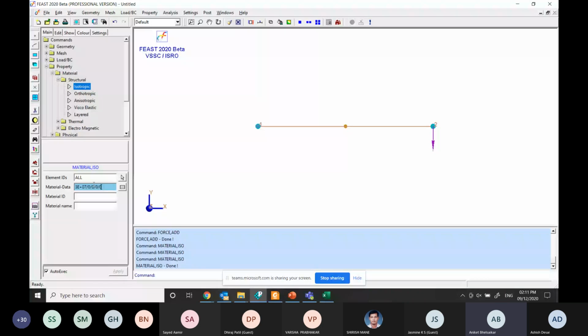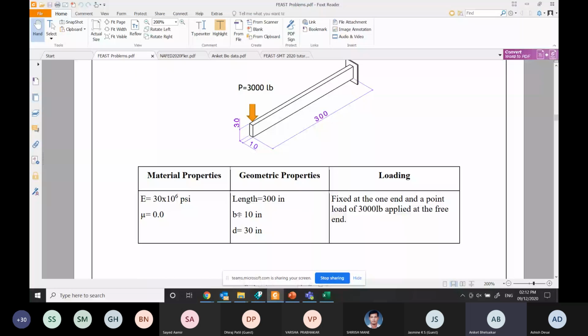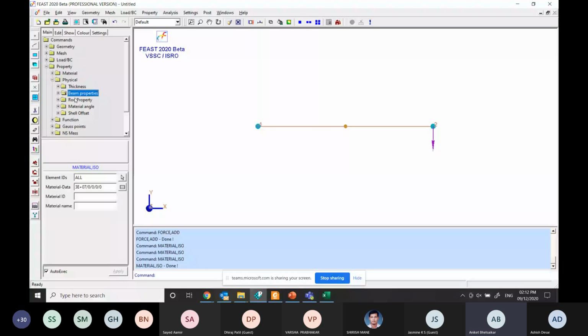Once the material is added, another command we have to use is the physical property, that is beam property. Till now we have not given any data regarding the cross section, so we have to define to the software that this is the cross section. The cross section can be defined in the physical beam properties,